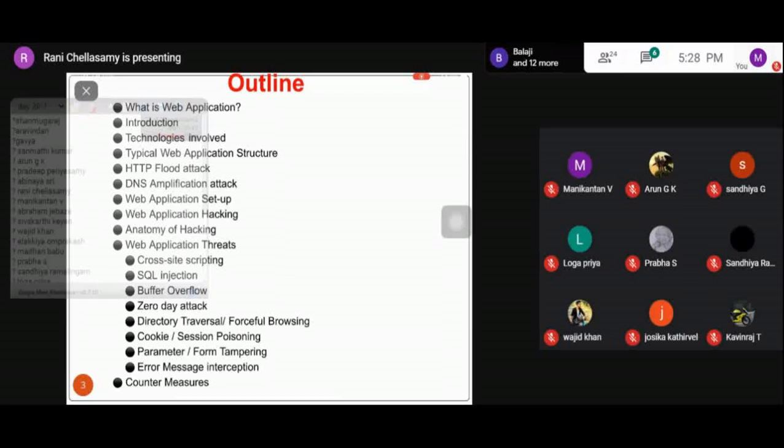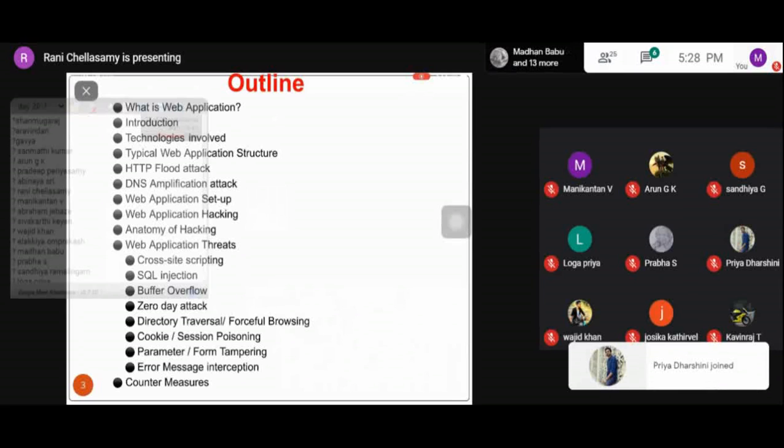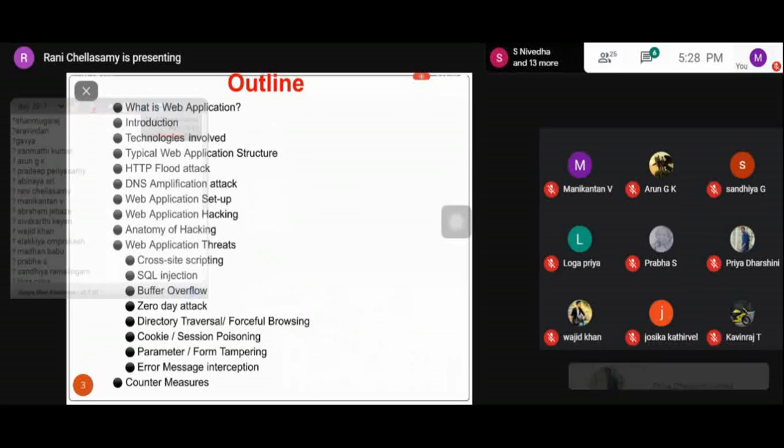Then we'll be seeing the setup of a web application, that is, the structure of the web application and what hacking is possible with it. We'll see the anatomy of hacking and what threats are possible in the web application.